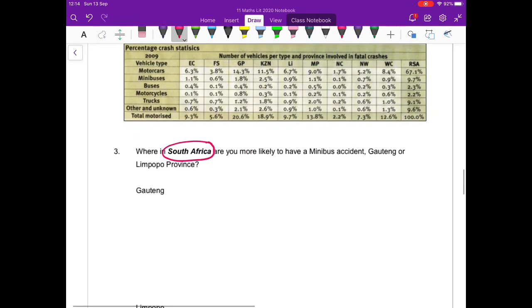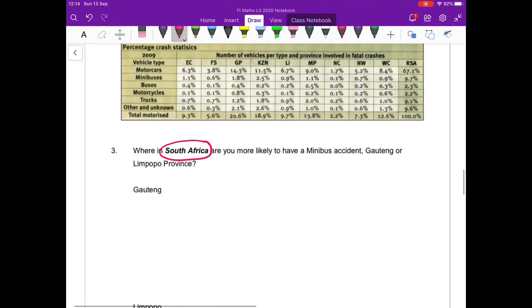Right, so let's have a look here. Where are you more likely to have a minibus accident, Gauteng or Limpopo? So if we have a look at Gauteng, this time we are going to see, so the probability of a minibus accident in Gauteng is going to be, we still only have 278 out of, but this time it is out of our total, which was 15,318. Change it to a percentage, and when we calculate that, we get